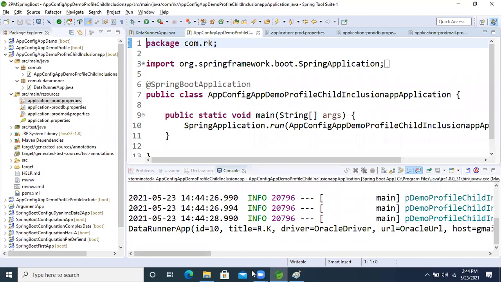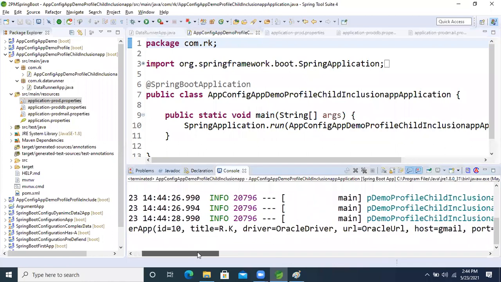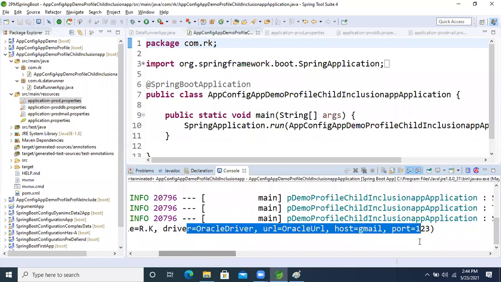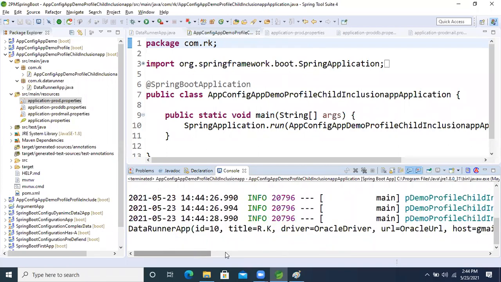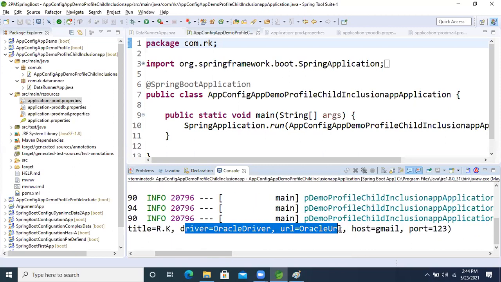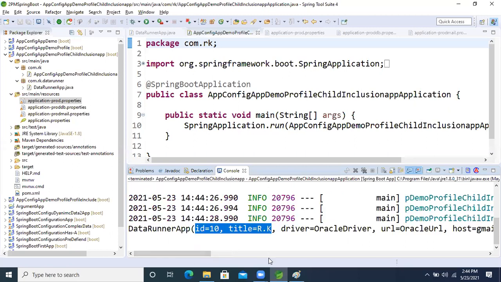See this, guys. See this result is coming in one application from the different profiles. This mail related thing is coming from the mail profiler, and this database related information is coming from the database profiler, and this one is coming from the main production profiler, right?